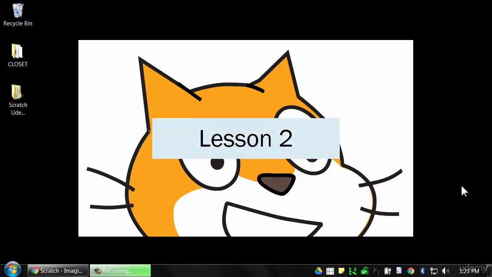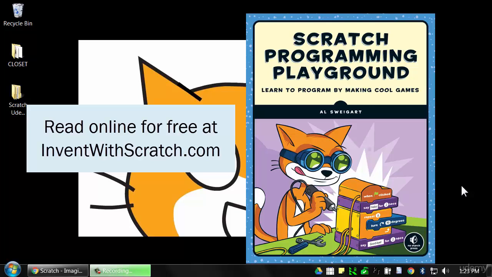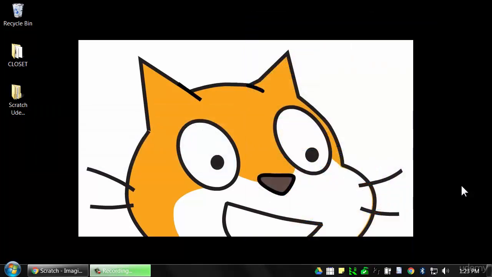In this lesson, we'll cover launching the Scratch editor and just poking around and experimenting with all the different parts of the Scratch editor. I'm Al Swigert. This course follows the content of my book, Scratch Programming Playground. You can read this book online for free at inventwithscratch.com. We won't be programming in this lesson, but we will learn how the Scratch editor works and all the different